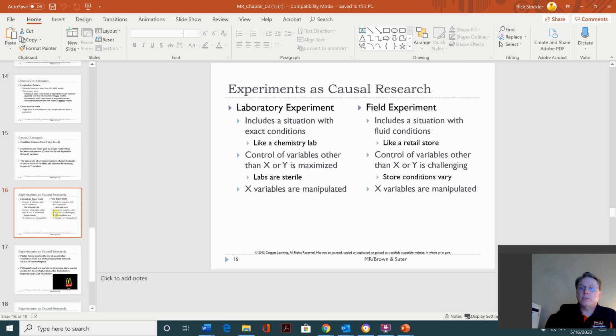Experimental causal research, laboratory experiments. Laboratories are great because you can control everything in the environment and just change one thing and see if that one thing makes a difference. Okay, so control of variables other than X and Y is maximized and X variables are manipulated. Okay,